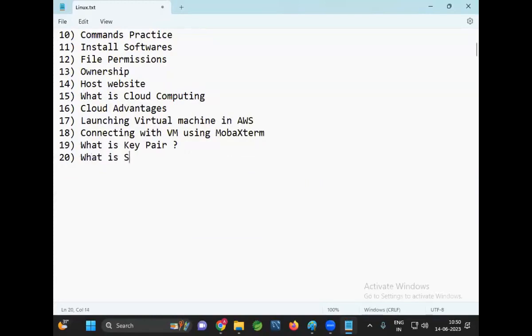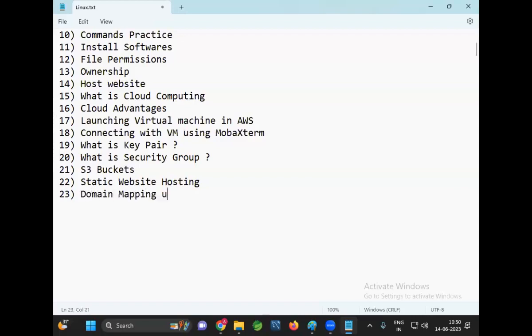And what is the security group? Firewall. Which traffic we need to allow for the machine, we will decide by using security group. We discussed about S3 buckets, and we discussed about static website hosting and domain mapping using Route 53, and creating a cloud database, creating MySQL using RDS,